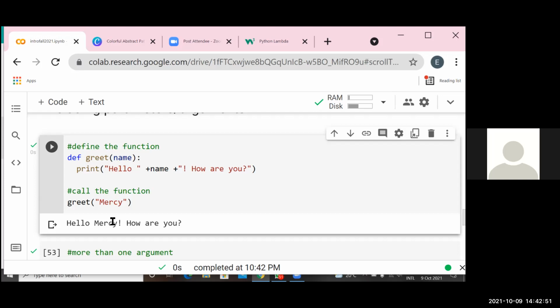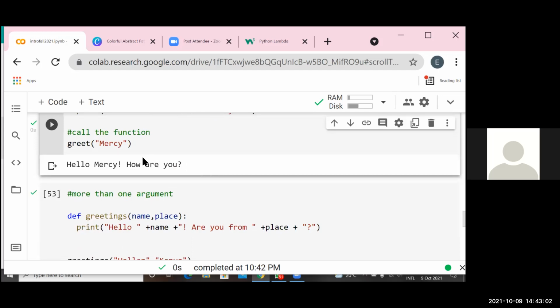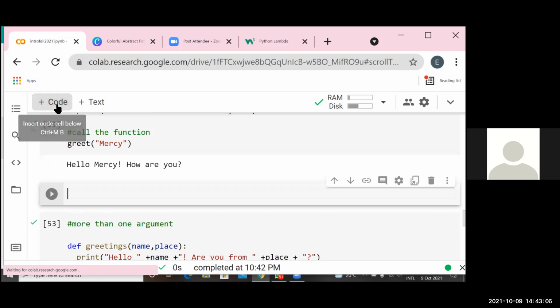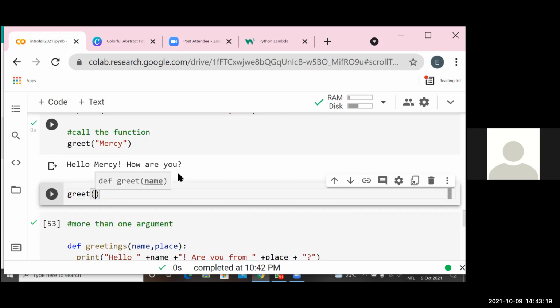Name Mercy. And now you don't have to keep typing print, hello, this. What you can do the next time you need to do that is just call the function. So maybe you want to say hello to a different person.